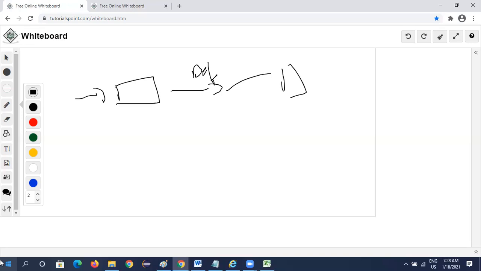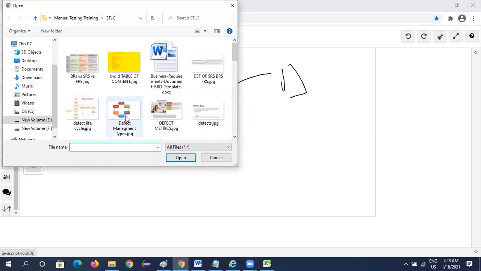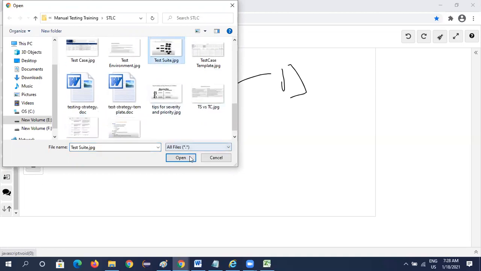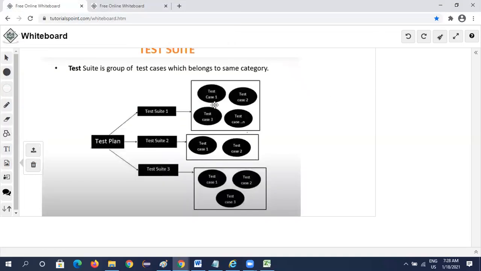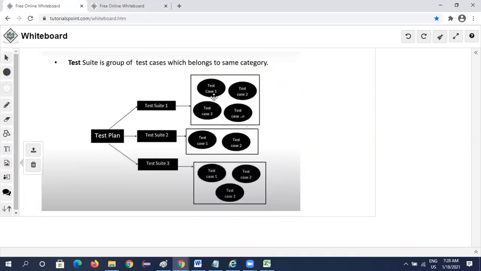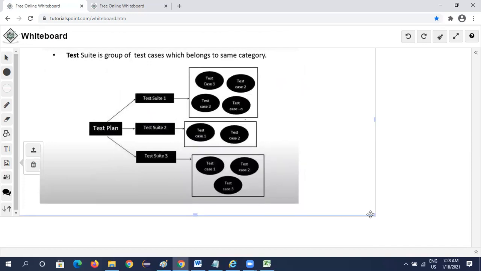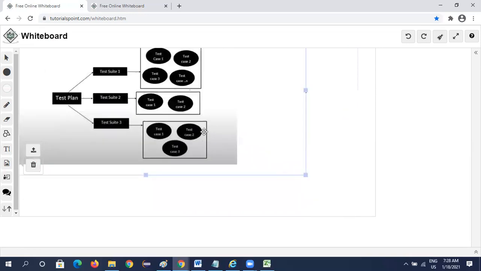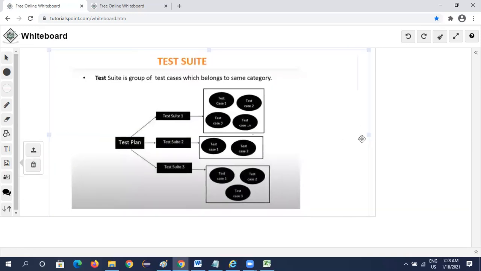So now we are doing test execution, right? In the test execution part, one more point I need to explain to you is the test suite. What is a test suite?